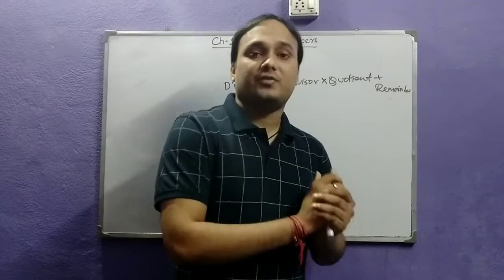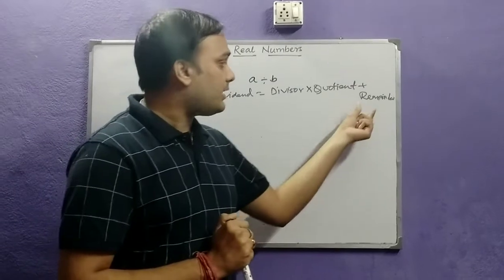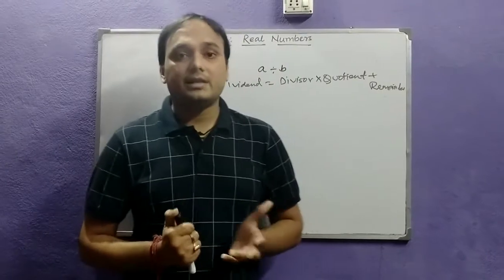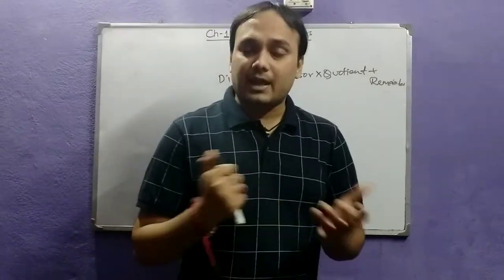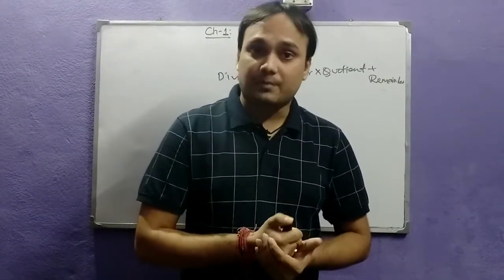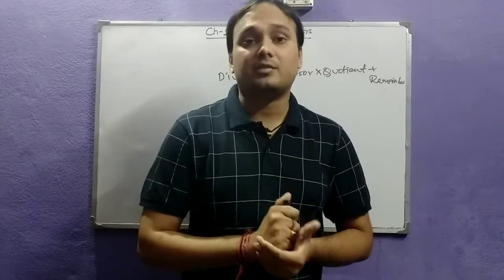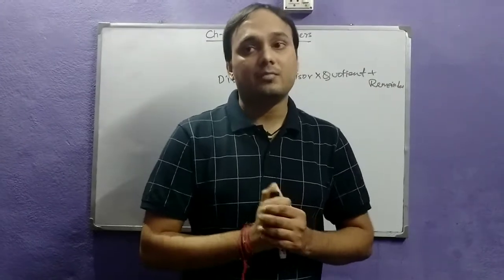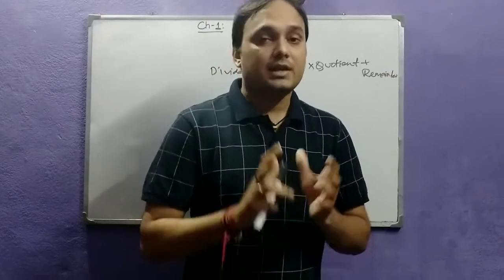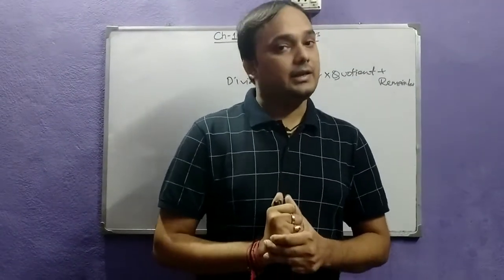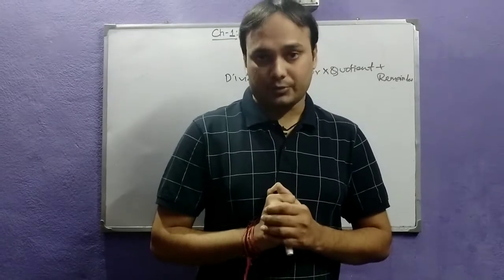So if I divide two positive integers, I will get a remainder and a quotient, where the remainder will always be lesser than the divisor. Okay, so this is very easy. Division algorithm is used in many applications in our daily life. In this chapter we will be studying how Euclid's division algorithm can be used to determine the HCF of two numbers. With the help of Euclid's division algorithm, you can find the HCF of any two numbers. This is one of the most important applications of the division algorithm. So this should be clear to you.